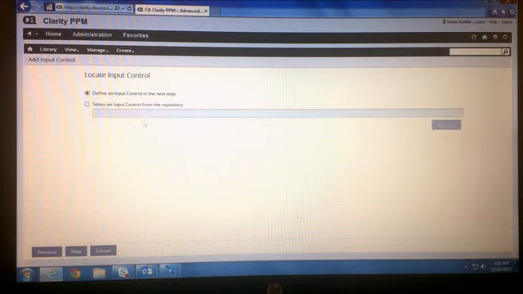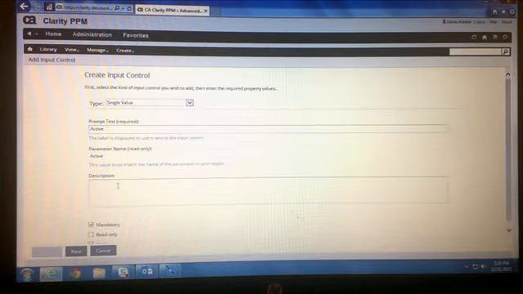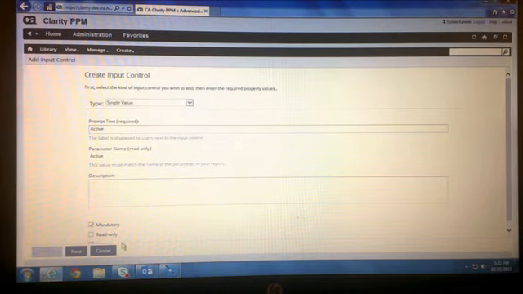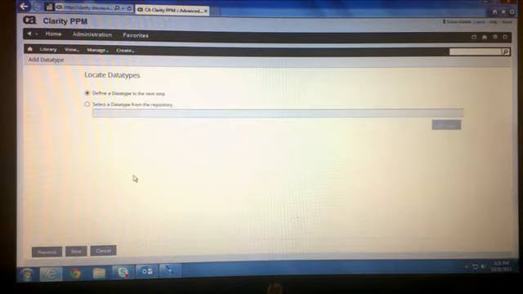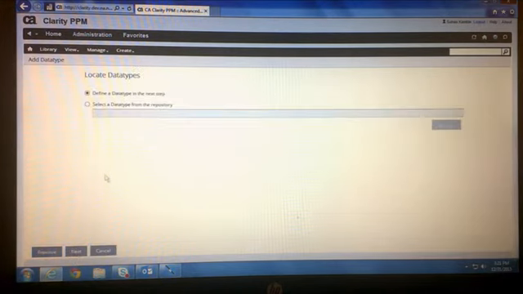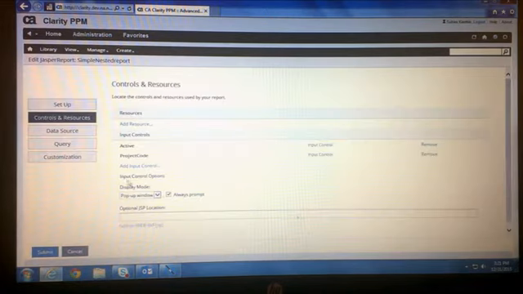In this case let's look at the custom controls. So active is a control. Remember this ID, which is active with capital A. I have chosen single value. I could choose single select query, list of static values, and so on. And then on the next screen, it will ask you to provide the data, which I'll give as number, and that will basically show the active with 0 and 1.